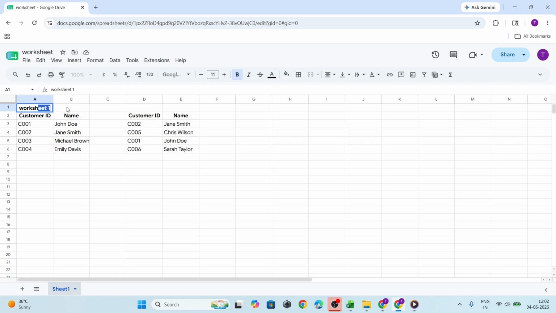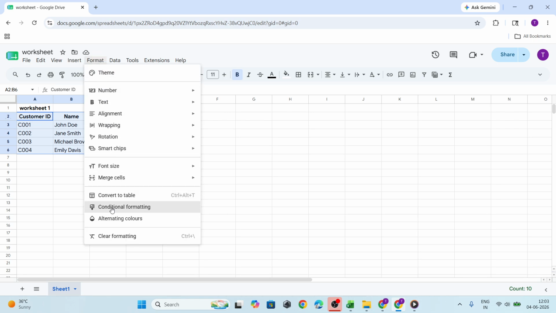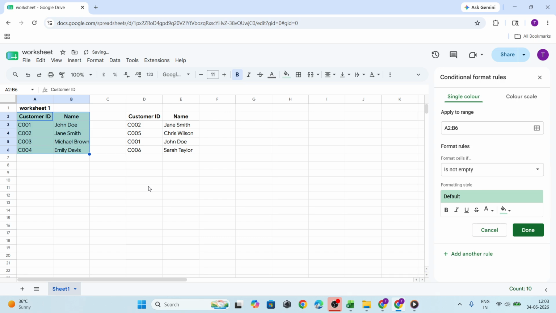To begin, highlight the data you want to check in your first worksheet. Make sure you select the range that contains the values you want to compare. It's important to start with the correct range, because the formatting rule will only apply to the cells you've selected. Once your data is highlighted, go up to the Format menu and click Conditional Formatting. This will open the Conditional Formatting panel, where you can create a rule that automatically checks each cell in your